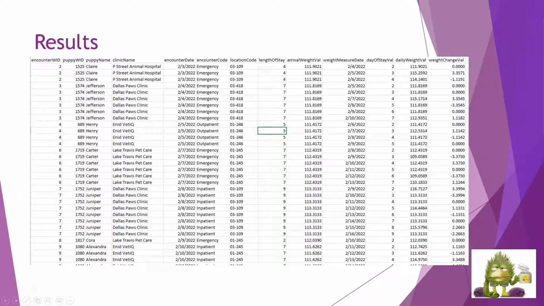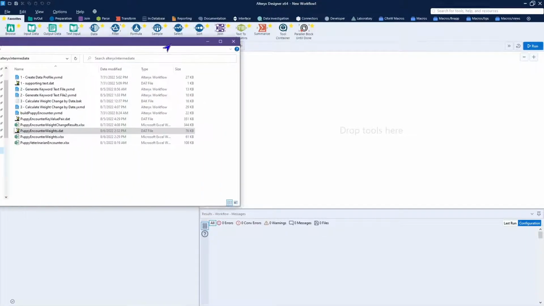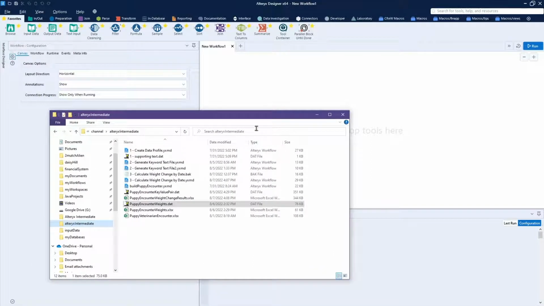So let's jump right into an empty workflow so we can begin to process this. As I bring up my Alteryx window, I won't belittle the methodology that you use to bring your data in, but one of the easiest ways is simply to go into your directory folder and highlight the data that you need. In this case, we need the Encounter.Weight.dat and the Puppy Veterinarian Encounter spreadsheet, and we can just drag